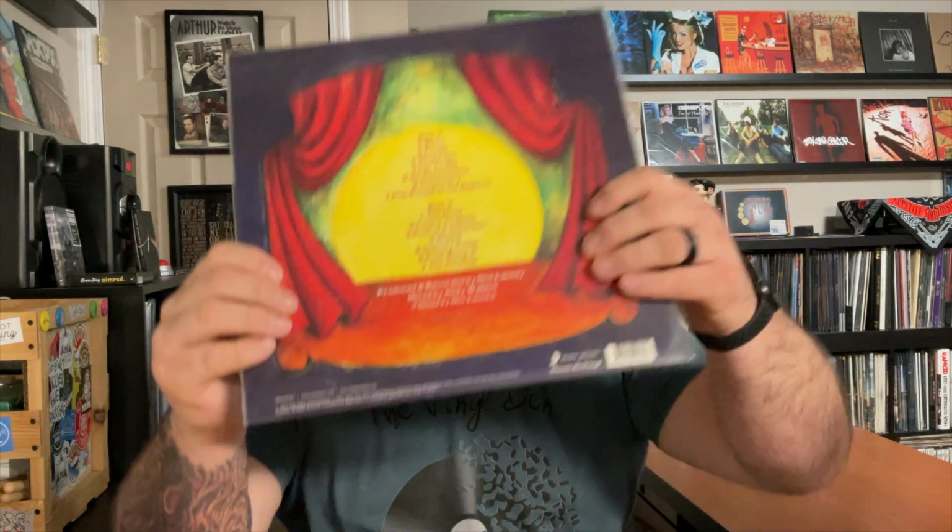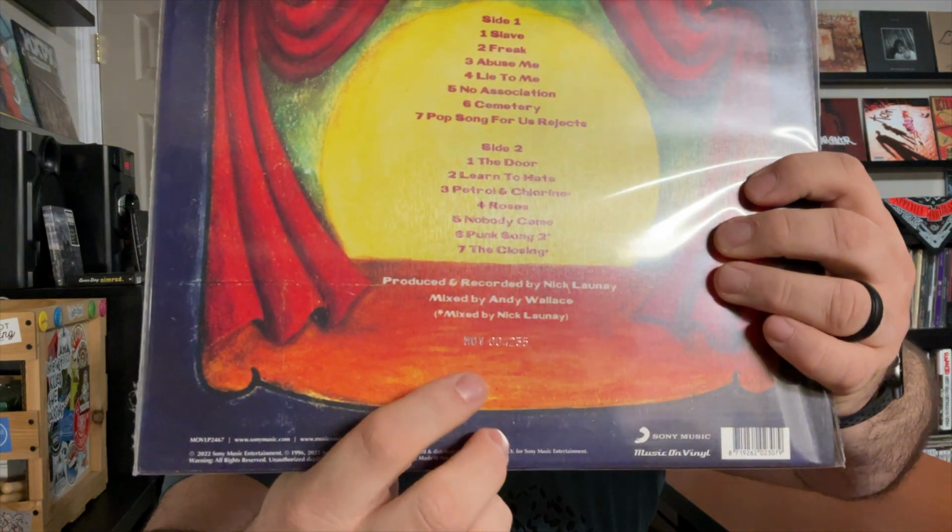And then the third of the 5 releases that I've got here is actually their second studio album. This is Freak Show. I actually had the 2019 Music on Vinyl pressing of this, which sounds great. The 2019 pressing is on orange vinyl. This one is on yellow and blue marbled vinyl, limited to 5,000 copies. This is number 4,235. It's really kind of hard to see because of the orange on the back of the jacket there, but